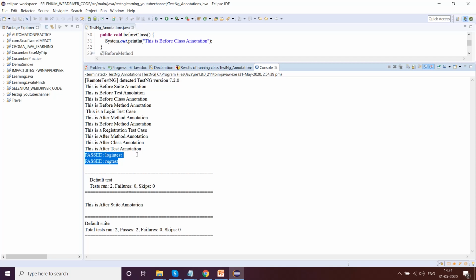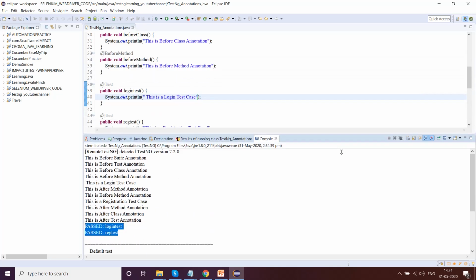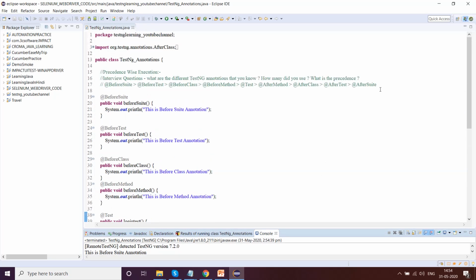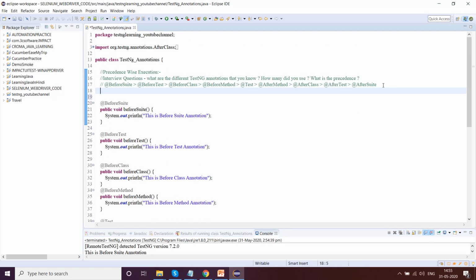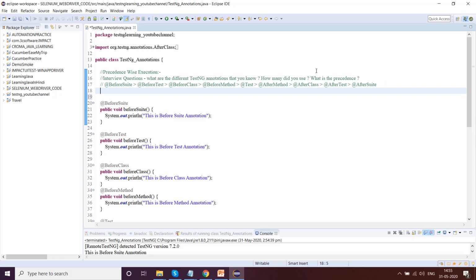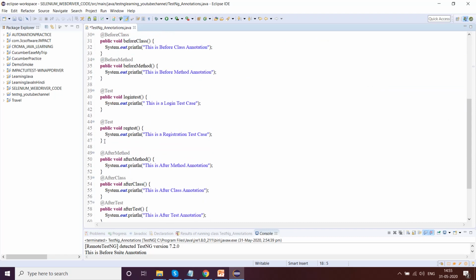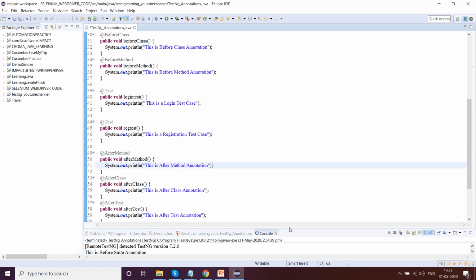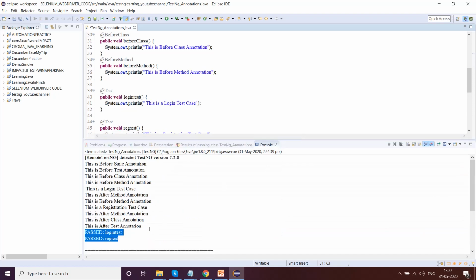It is actually working. Now one more question will come in your head: how many test cases can we actually introduce? There is no limitation. It totally depends upon how you use your programming concept and how you use your test case design technique to write this particular form of code. So there is no limitation on how many test cases. You can write 1,000,000 test cases, it is all up to you. It will execute. But here in our program we have 2 test cases.